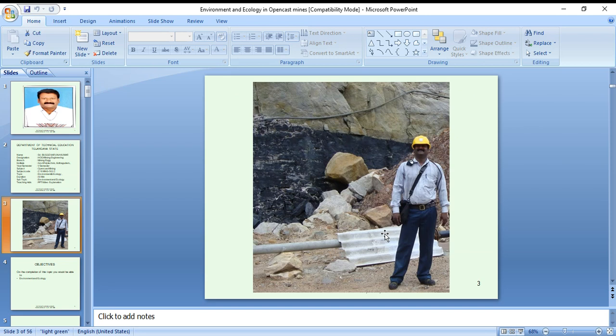This is a picture collected in open cast mine for a resembling of the system related or mines related purpose.